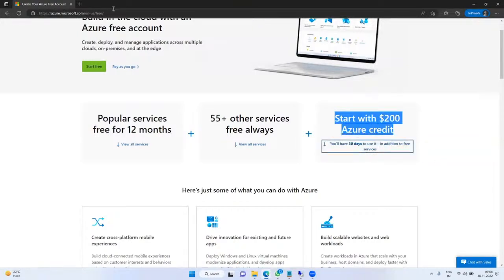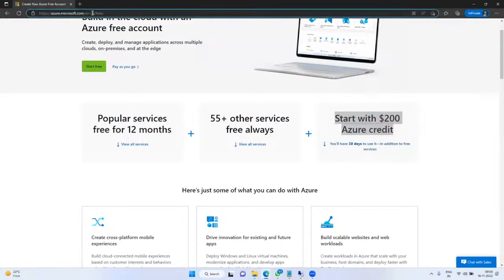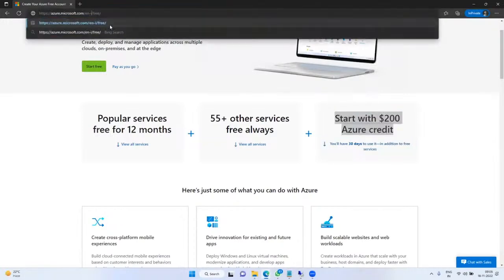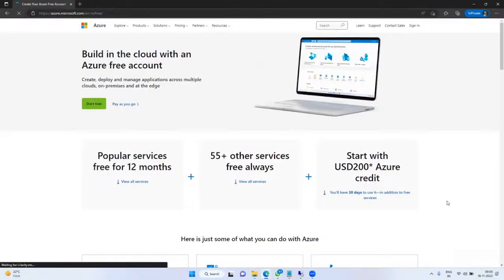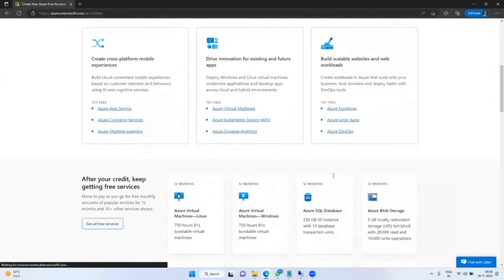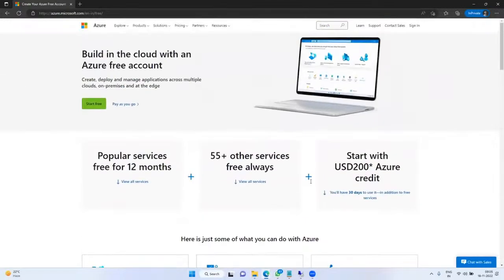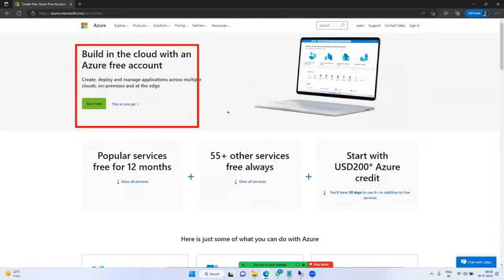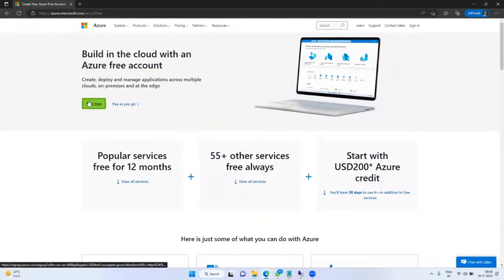This is for US. For India it would be 14,500 rupees, I will show you that later. Now have a look at what it is giving to subscribe for Azure Free Trial.